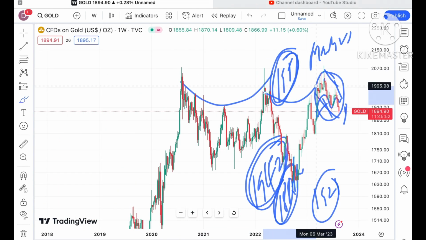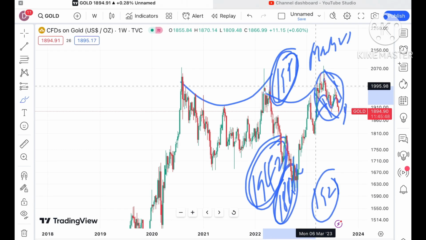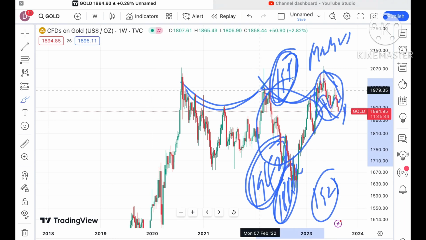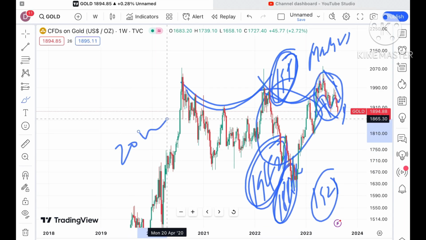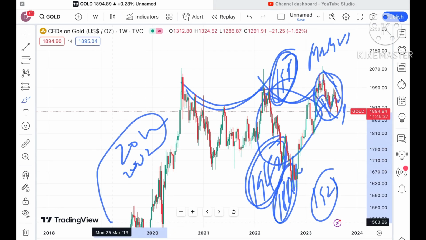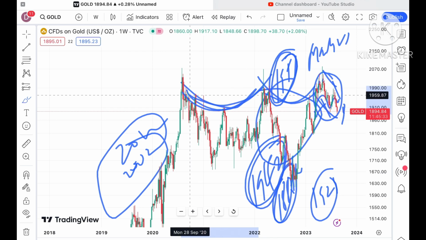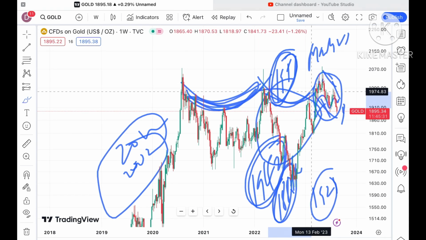Second thing is that there is a pattern forming whenever gold is trading or moving. We have seen this is a 2-year pattern, this is an 8-month pattern, and before that there is a pattern of 2012 to 2020 which I am not talking about in this video. I'll talk about it in a month-wise video. Look at this, a U pattern is forming.